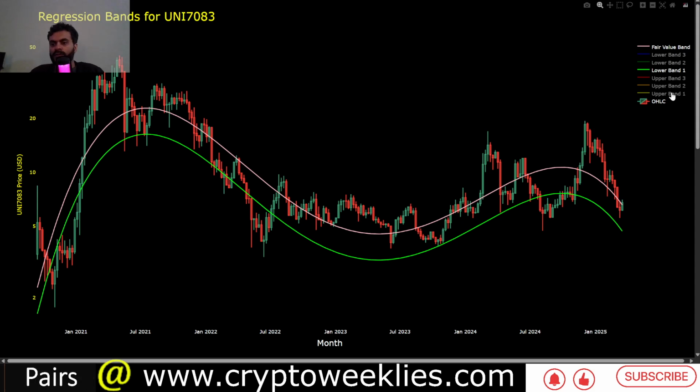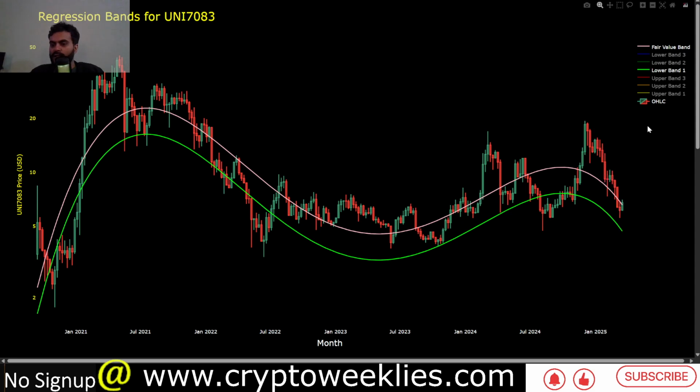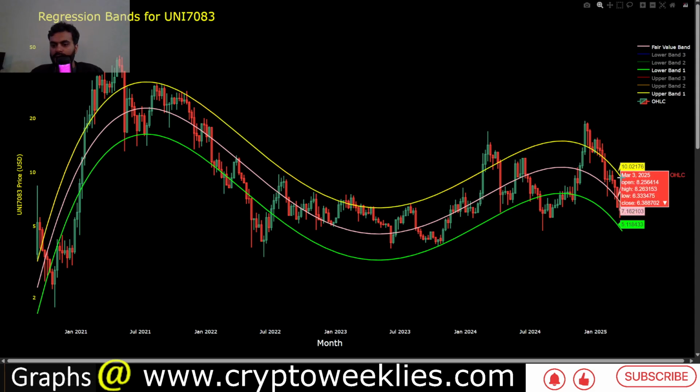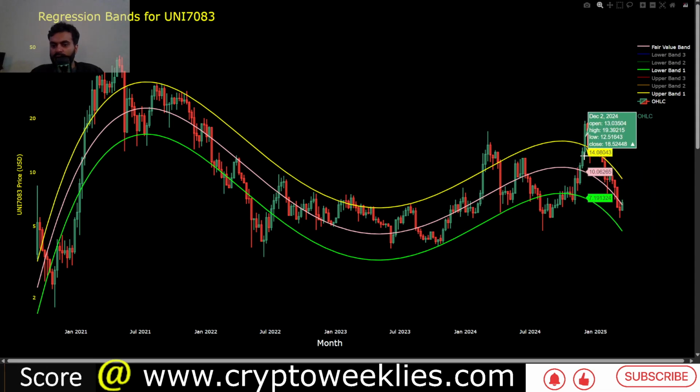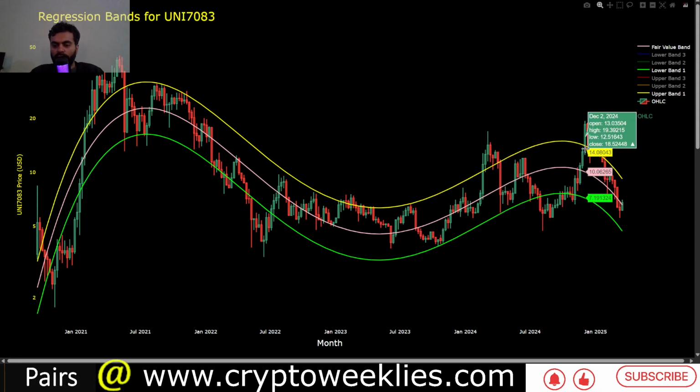The fair value for UNI per this analysis comes at around $6.57, which is quite close to the current valuation at around $6.75. If there is a rally in store in the coming weeks, the first area to look for is whether the prices hold or go beyond the $9 level. That could signal a beginning of the euphoria phase, like they did back in November 2024 or February 2024, when the prices at that point in time went higher than $10